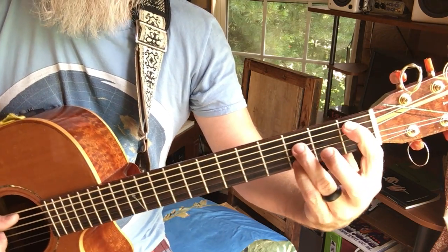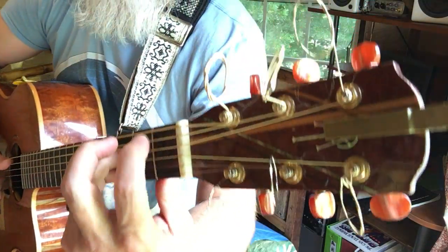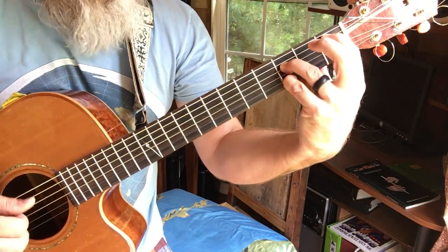Let me show you what I'm doing there. I go to, it's kind of like a B flat 7, except I'm not fretting. I'm only holding the B flat note at the first fret, and I'm leaving it like a B7 because I'm leaving this third string open,